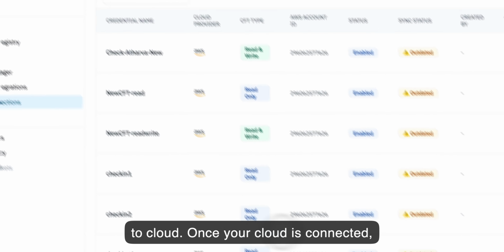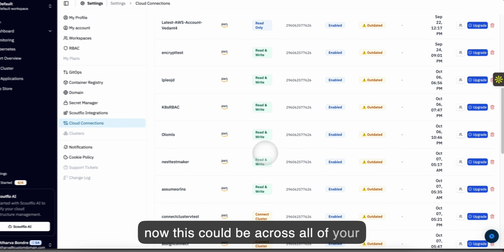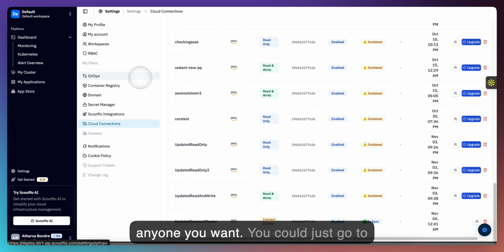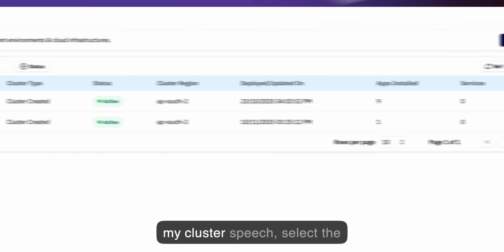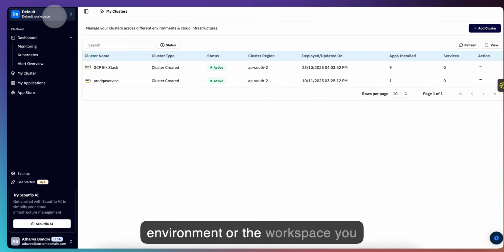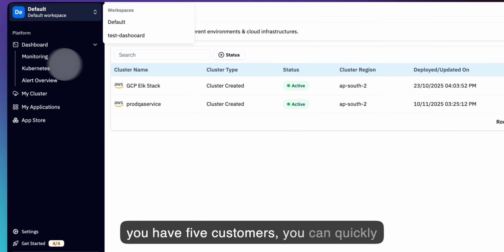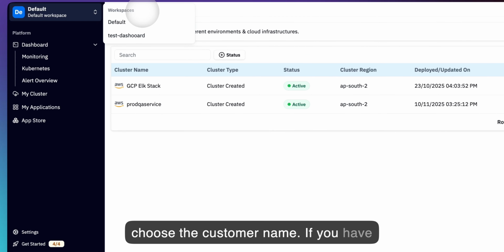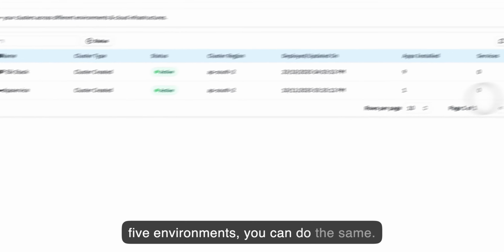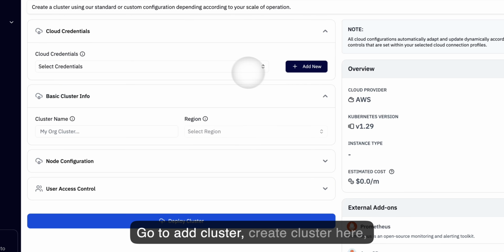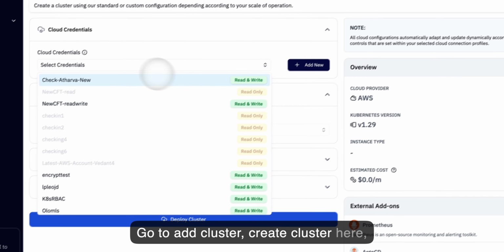Once your cloud is connected, now this could be across all of your cloud organizations, your customers, anyone you want. You could just go to the My Clusters page, select the environment or the workspace you want it to be deployed at. So let's say if you have 5 customers, you can quickly choose the customer name. If you have 5 environments, you can do the same. Go to add cluster, create cluster here, select the cloud template you want,